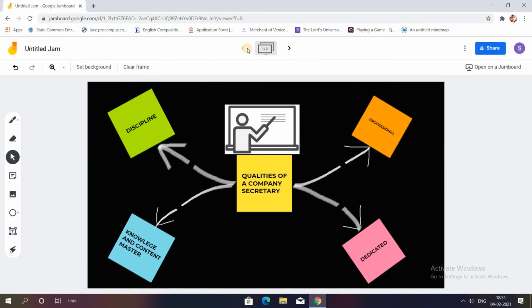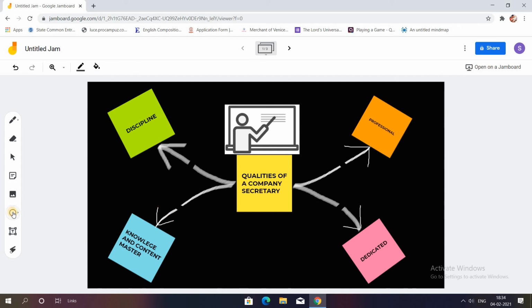Now once you brainstorm all the ideas, maybe you want to just summarize whatever has been taught. So you need a pointer, isn't it? So you have a laser highlighter over here which you can make use of to highlight the points. So as you are explaining anything, you can just circle, it disappears in an instant, and whatever point you're explaining, you can just mark it in this way.